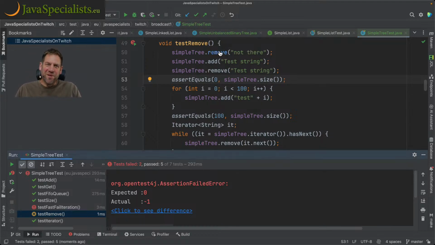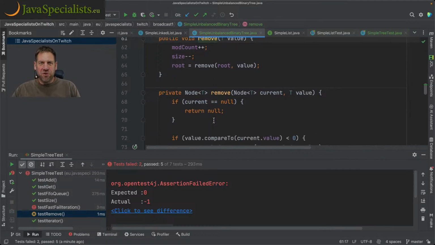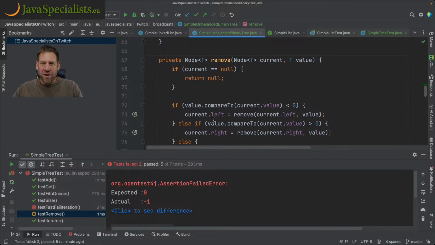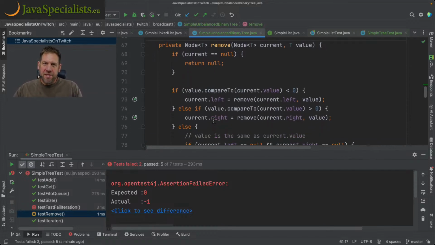The remove doesn't work. The size doesn't work inside the remove, because if it doesn't actually remove it, it still sets the size to -1. So the remove should only work if you actually remove something, right? So your remove should return true or false, whether or not it removed. So basically,